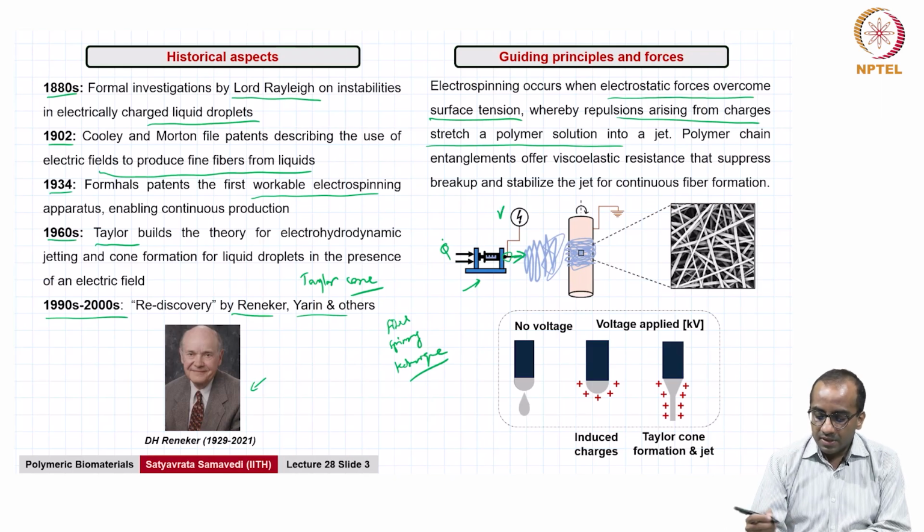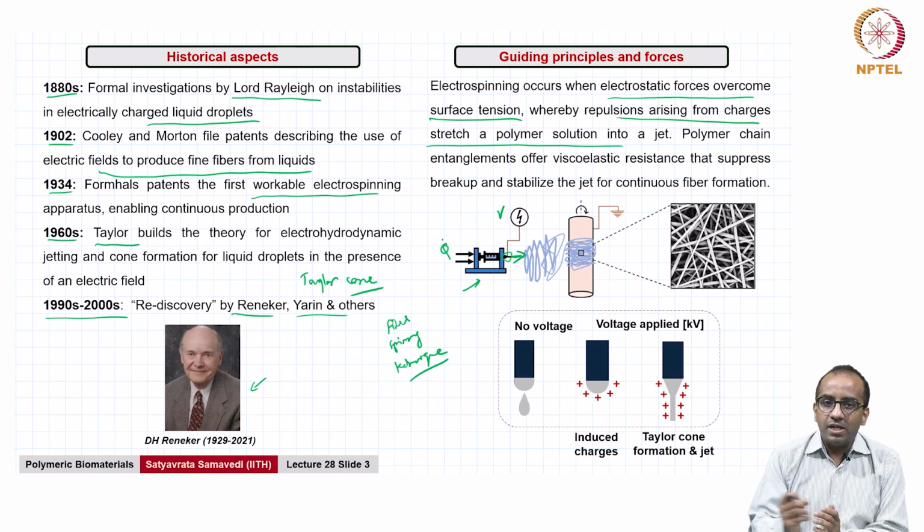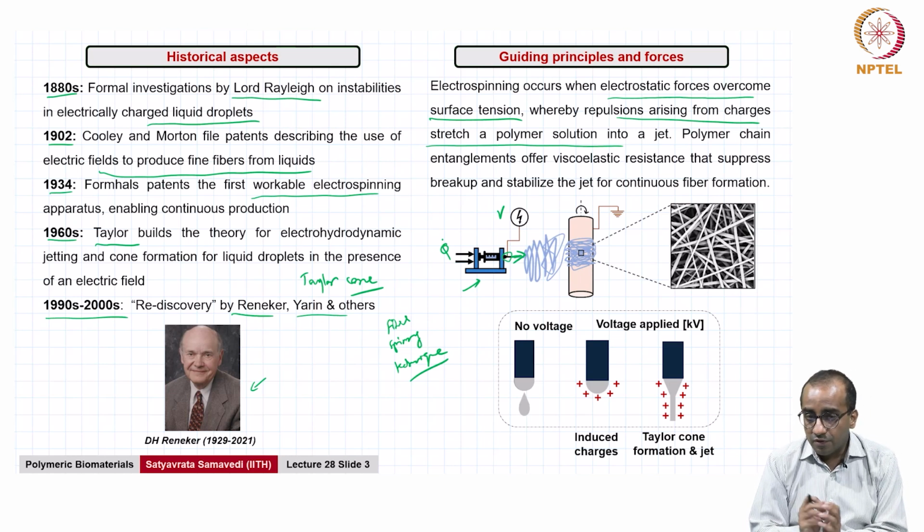That leads to deformation of the droplet that was initially largely held by surface tension in the form of a sphere into a cone-like shape, and then the emanation of a jet from the tip of the cone, and that is shown here,